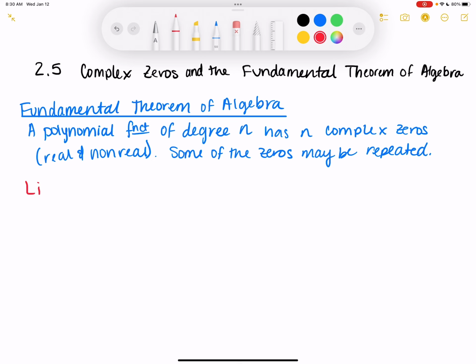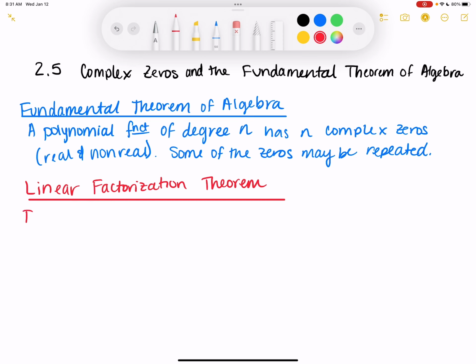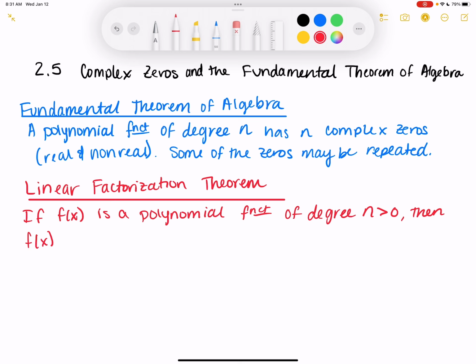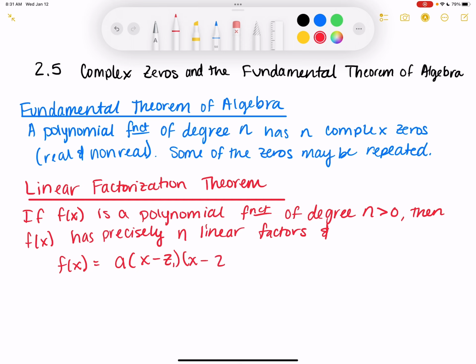Then we have the linear factorization theorem. It says if f of x is a polynomial function of degree n greater than 0, then f of x has precisely n linear factors, and f of x is equal to a times (x minus z1) times (x minus z2) times ... (x minus zn),